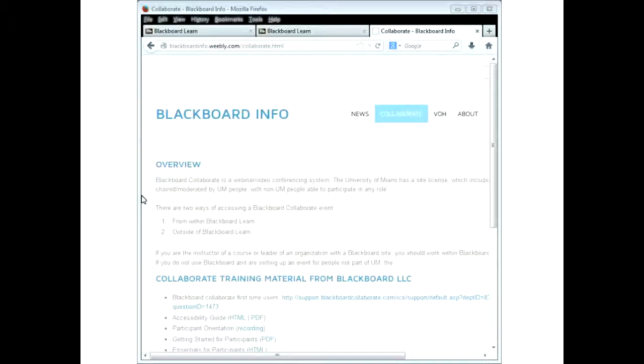Correct. So we've got this issue when you want to train students. Well, you probably run into this at Wellness. You want to train students and staff, and you use ULearn for the staff, and then what do you do with the students? And the question is, can Blackboard be used for that?